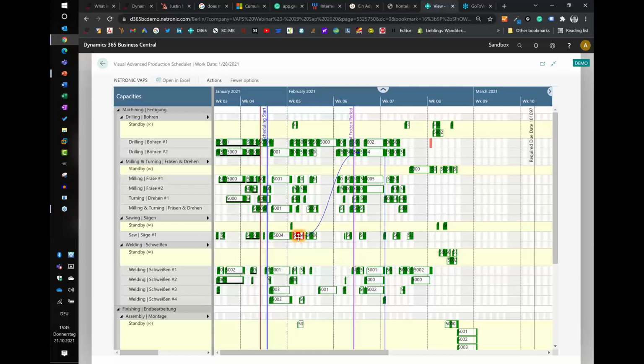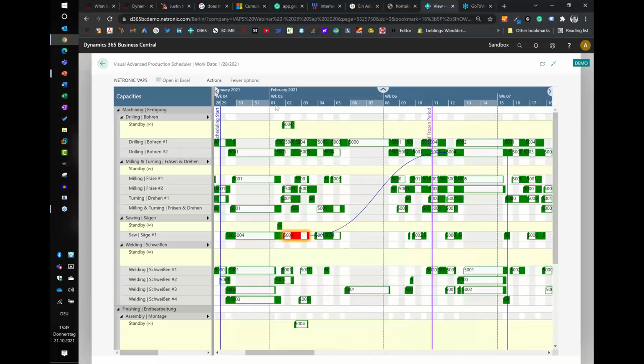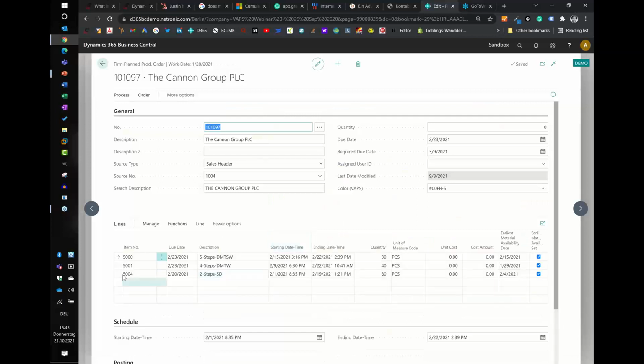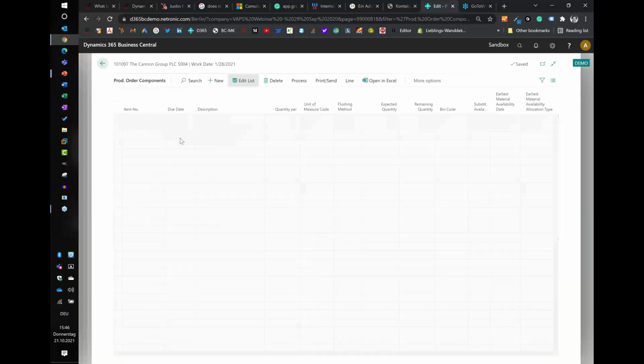But if we look at why this is red, let's have a look at the production order itself. It is scheduled to start on the 1st of February, and this is item 5004. And if we look at the component lines, we only need 2 components, and we both need them on the